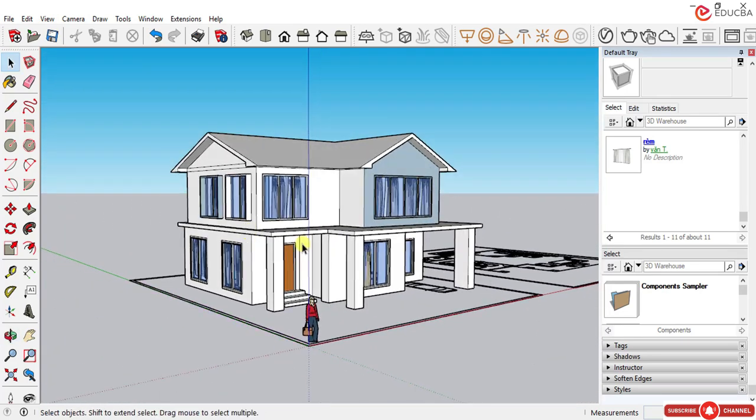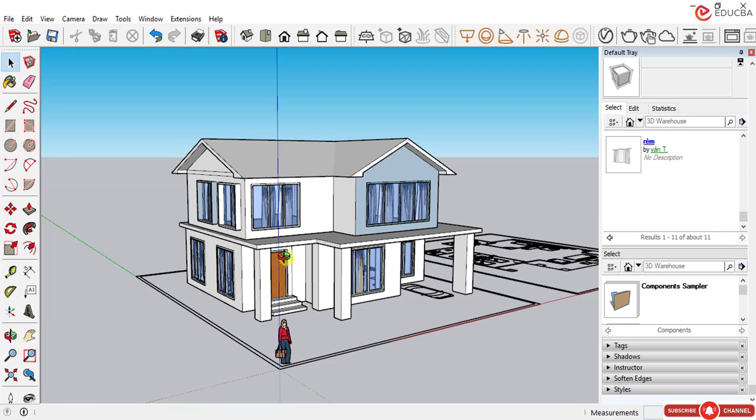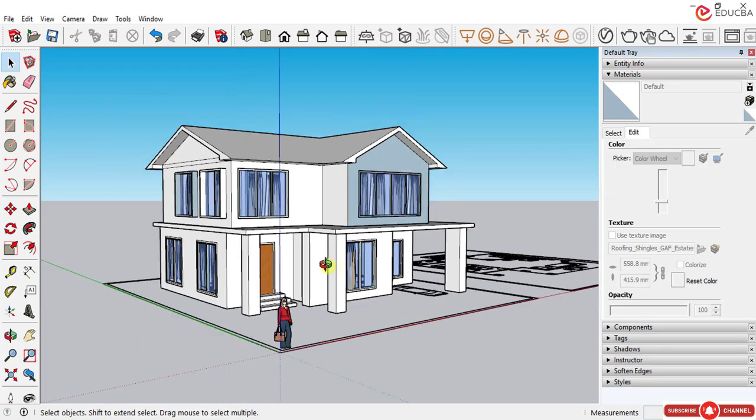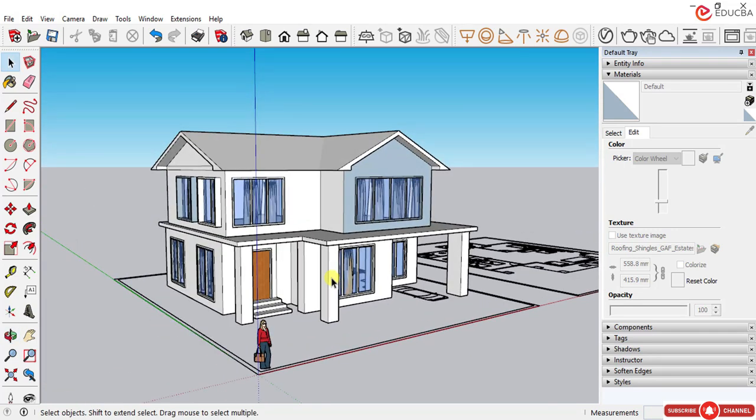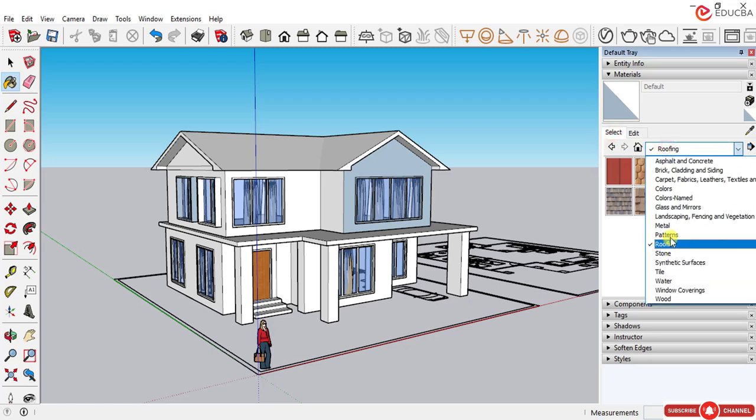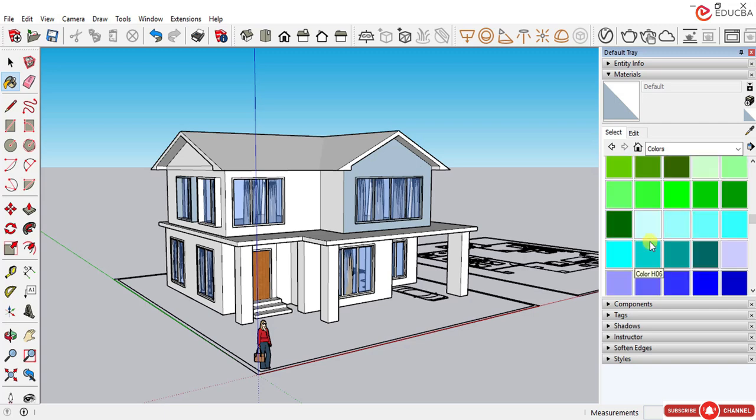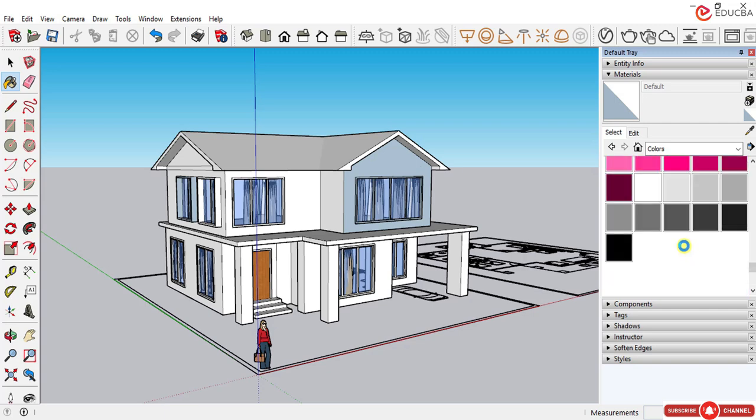Now let's start to design the exterior pattern, the wall, columns, roofing, everything. We will give the patterns and colors to the exterior area. So let's start to give the colors and patterns to the exterior area. So now we will start the actual pattern and the color for the exterior area. Let's start to give the color for the exterior wall. Like select the color from the material and let's give the color to the